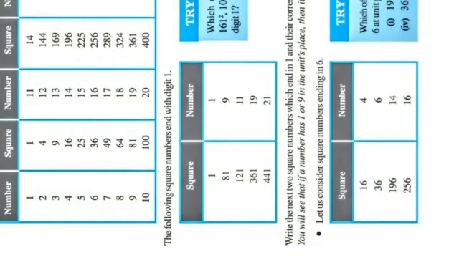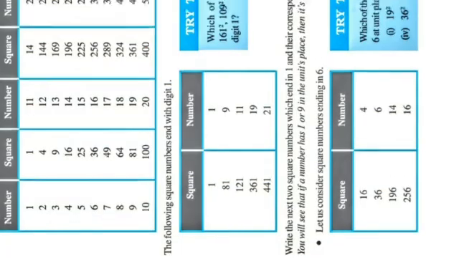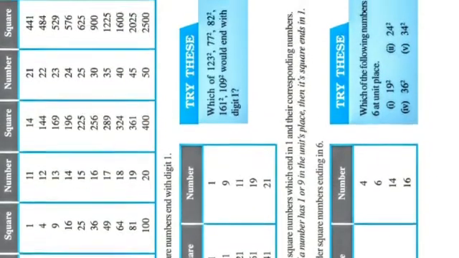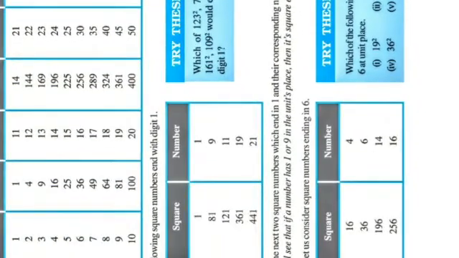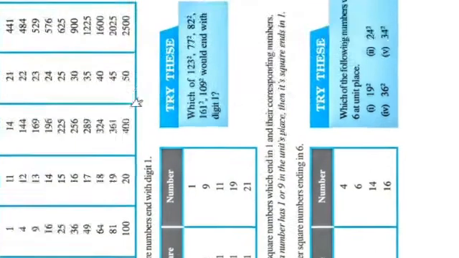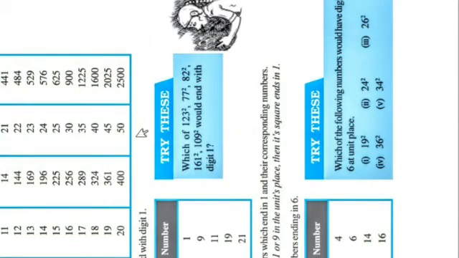Study the following table of some numbers and their squares and observe the ones place in both. So we have to observe the ones place. These numbers are given and their squares are given. So 1 one is 1, 2 twos are 4, 3 threes are 9, 4 fours are 16. Like that, numbers from 1 to 50 are given, and their squares are given.